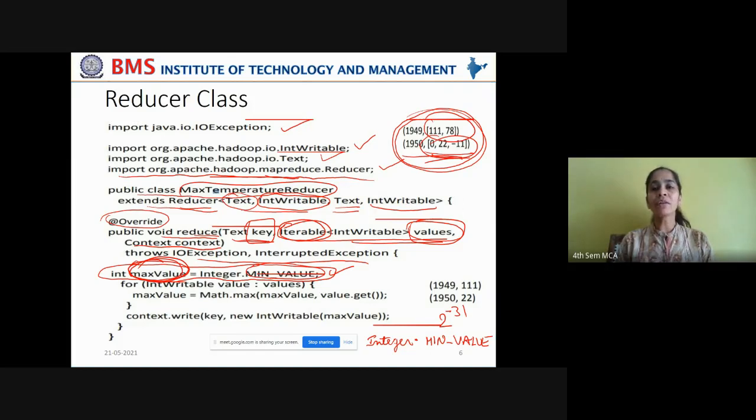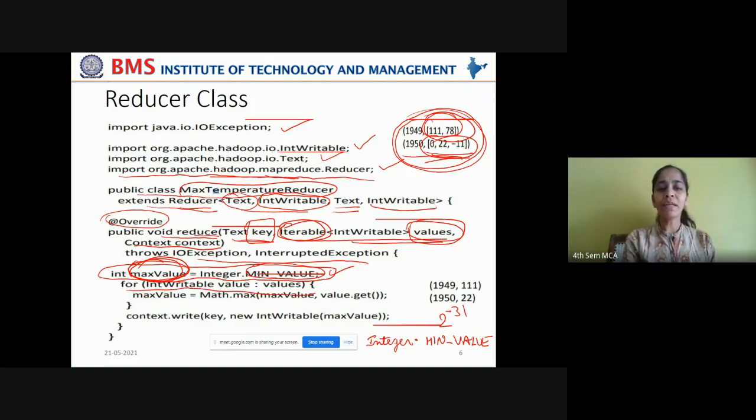Now, start a for each loop. Because you have a list of air temperatures, you have to check each and every value. When you're finding the maximum element of a list or the minimum element of an array, what do you do? You compare one static value with each and every value of the array. And whenever you find a greater value, that value will be the maximum value till then. The same thing you're doing with the for each loop here.